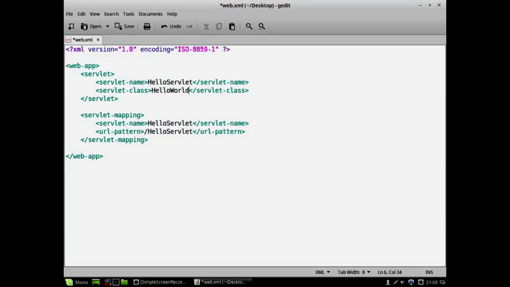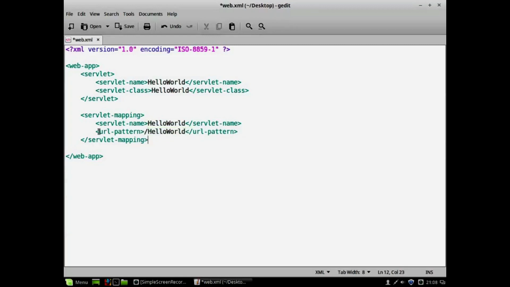Now we are telling our Apache Tomcat that this is the class name. For this class name, you can set the name of the servlet. The name of the servlet can be anything, but to avoid confusion or having to remember the servlet name, I'll use the same class name and servlet name. I have kept it the same, but it need not be the same. You can use a different name as well, not a problem. And here also let it be HelloWorld, and here also let it be HelloWorld.